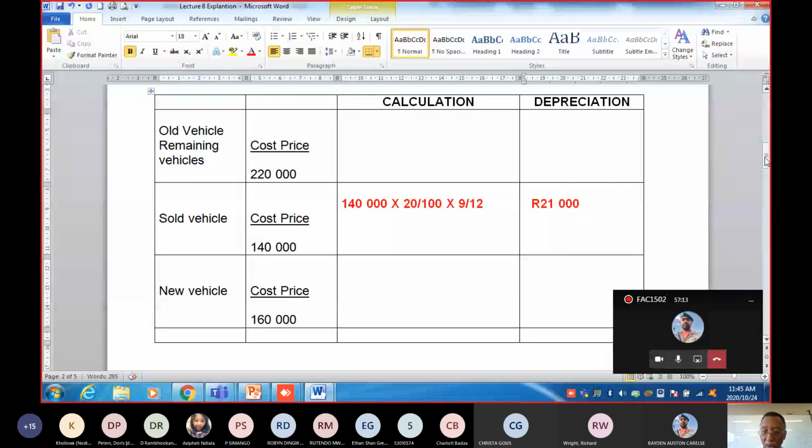Now, we started the year with 360,000 Rand worth of vehicles. And as the student asked previously, that 360,000 Rand is all our vehicles together. So we started the year with